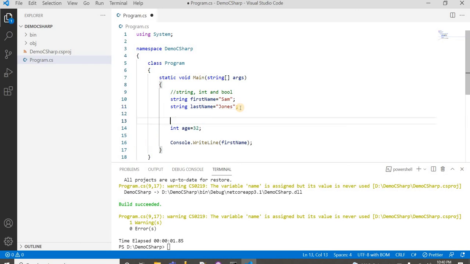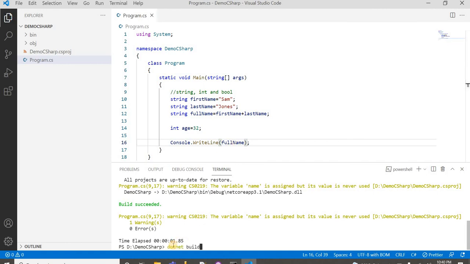We will take another string variable, let's say full name. Then we can concatenate first name and last name, combine both and put them inside full name. Let's say first name plus last name. It will combine both names and put them inside full name. Let's print the full name here.